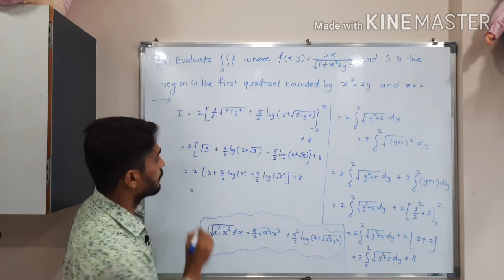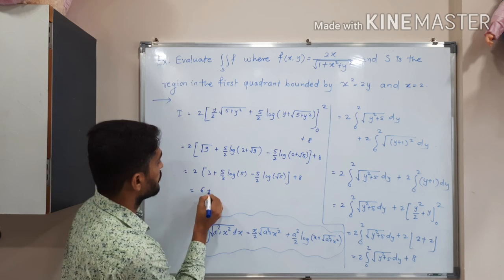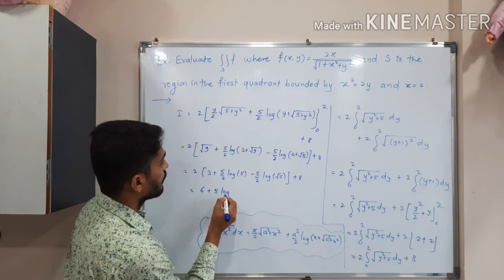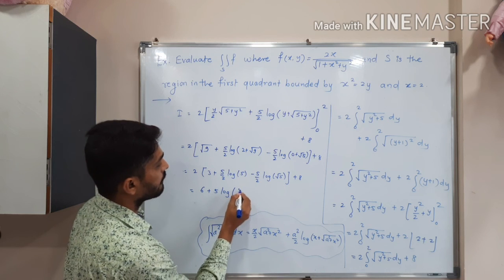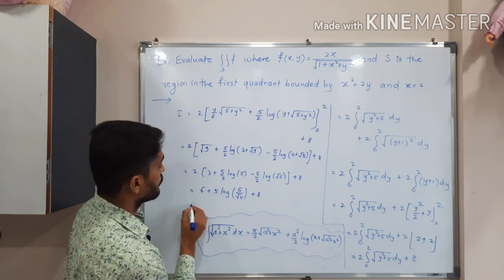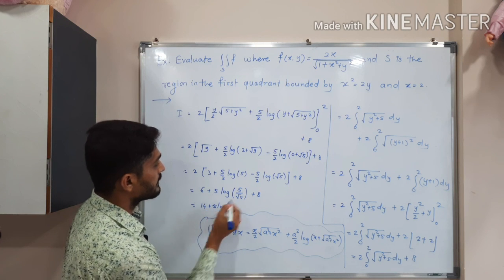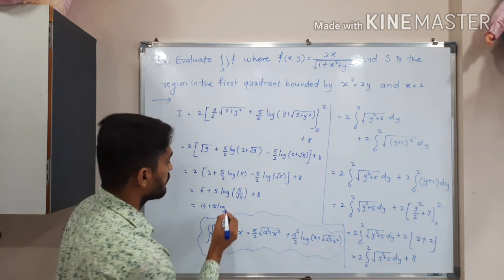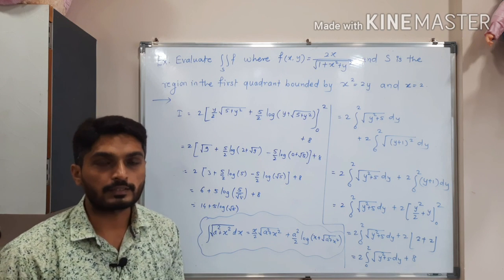So this is equal to, now I will take the product. So 2 into 3, 6 plus 5 log, here also 5, log a minus log b, you can write 5 by root 5, plus 8. So it is 6 plus 8, 14 plus 5 log. See, root 5 will get cancelled, and you will have root 5 only. So this is the required answer of the given problem.